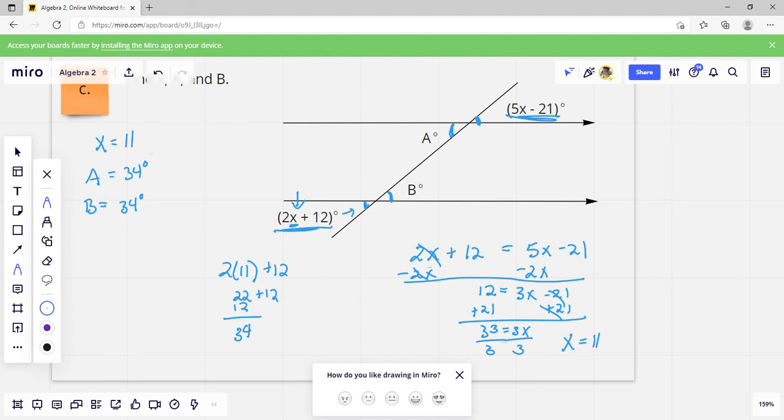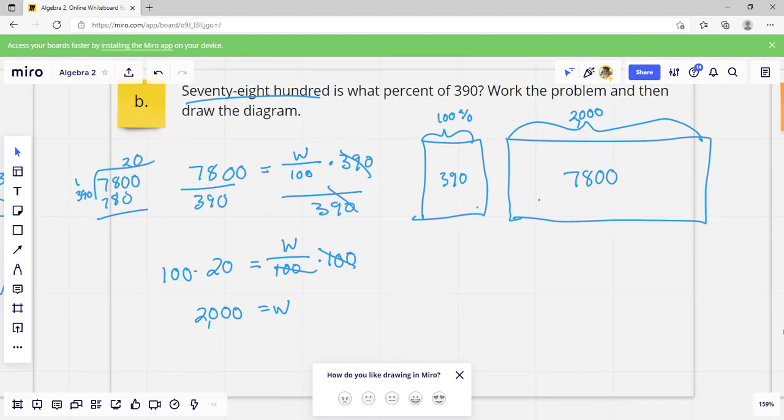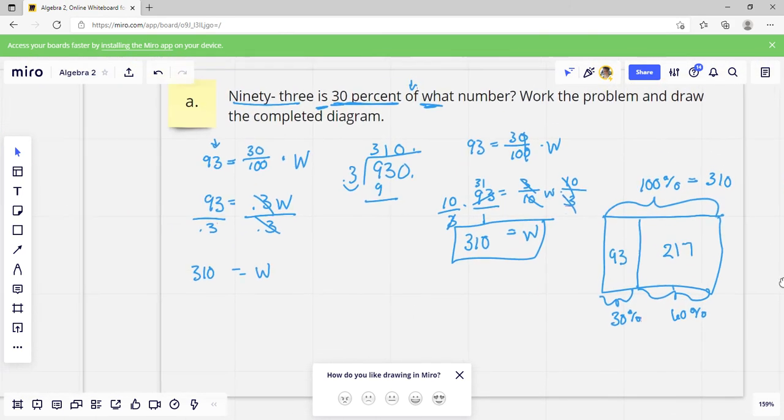Double check these answers real quick, make sure I got them right. Because even if you're good at math, or even when you're the teacher, sometimes you can make a mistake. Alright, so 11 and A and B both equal 34. Yep, that one's right. And then on this one, I should have got 2,000%, yes. And on this one, I should have got